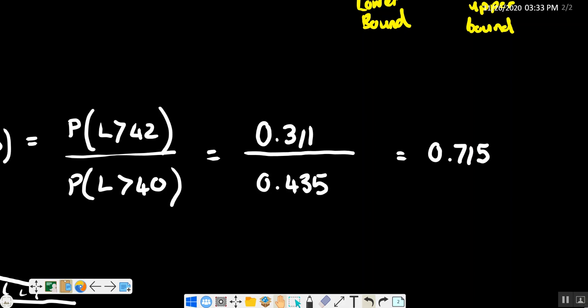And it kind of makes sense anyway, doesn't it? Because we've already said greater than 40 includes all the greater than 42, right? So one impacts the other. If I take a fish out that I know is greater than 42, it will impact the ability to take one out that I know is greater than 40, right? Because they overlap. Okay, so